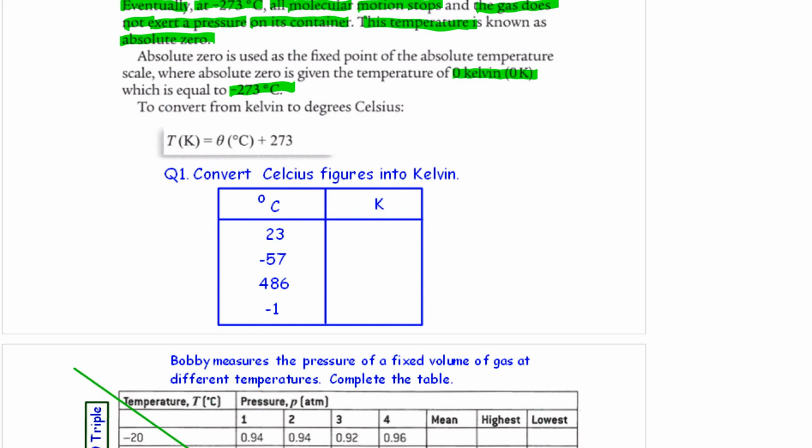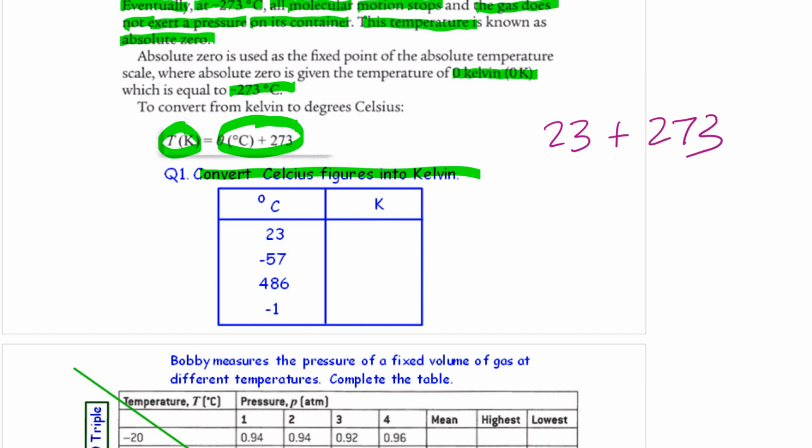Now, we can convert from Kelvin into degrees using this formula. So let's convert degrees C into Kelvin. This first one will be 23 plus 273, which gives us 296 Kelvin. Minus 57 degrees C, add our 273 gives us